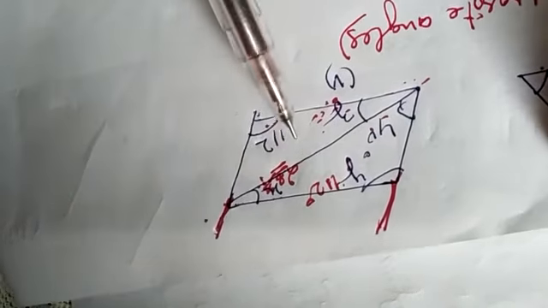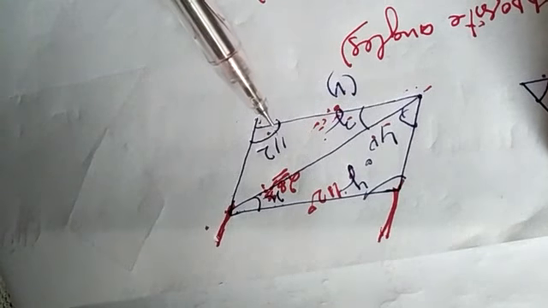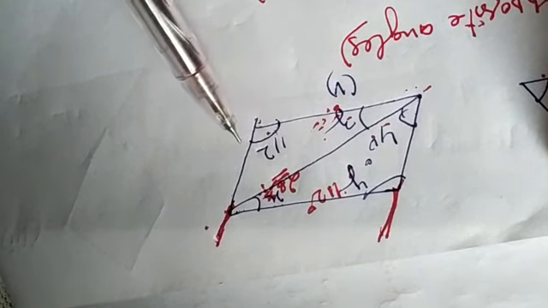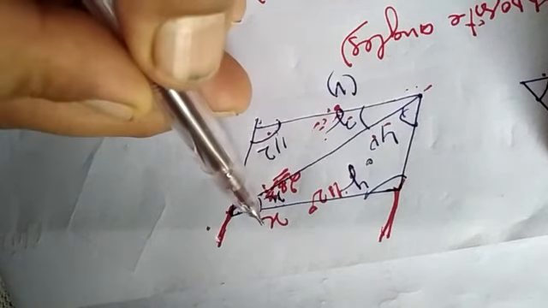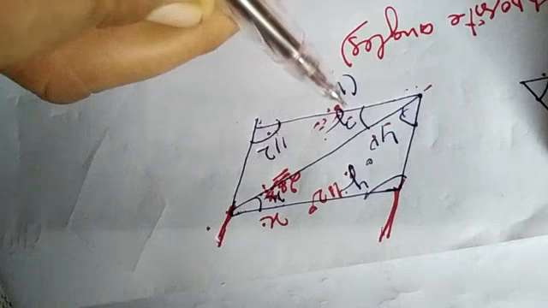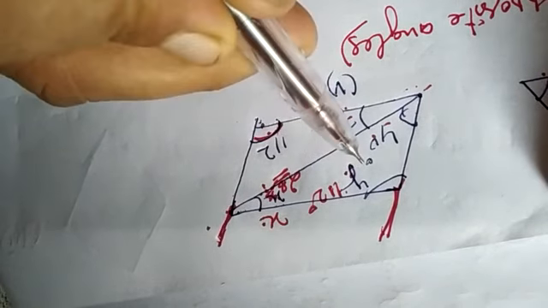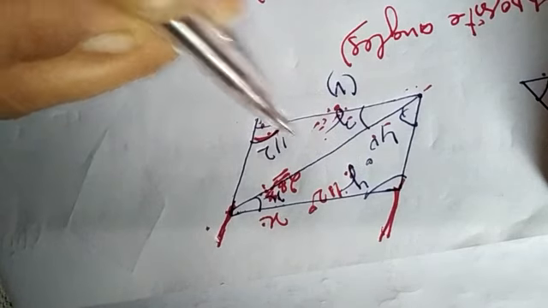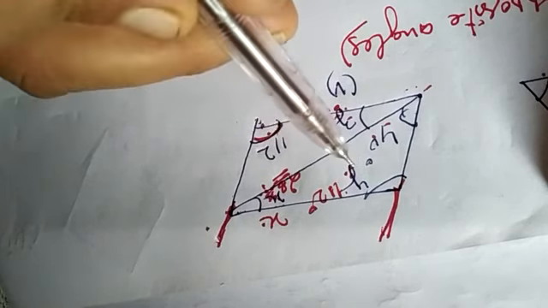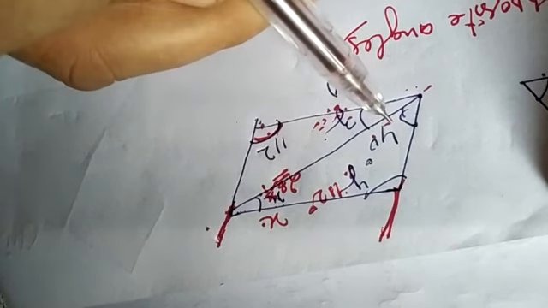Now come to the fifth part of this question. Here it is given 112, and we have to find out the value of x. Here it is x. We have to find out the value of x, y, and z. Okay, this is 112. If it is 112, then y will be also 112. Why? Because both are opposite angles. Okay, now we got the value of 112, and 40 is given here.